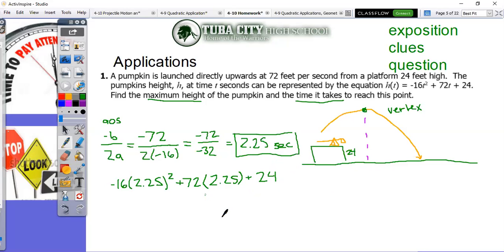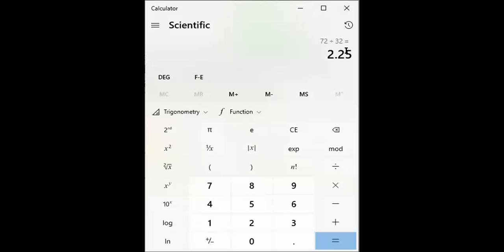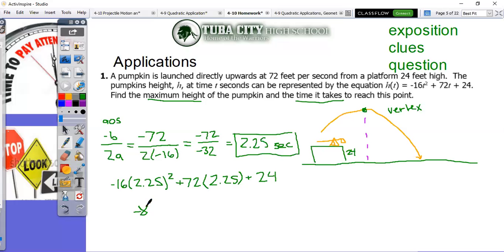All right, so I'm going to go ahead and go back to the calculator and let's punch a little bit of this in. So I have 2.25 squared. So I'm going to punch in the square button and we get a number slightly higher than 5. Now, looking at the formula, we're also going to have to multiply it by negative 16. But again, my calculator is not the best. So I'm going to have to multiply it by positive 16 and then remember that it's going to be a negative result. So in this case here, it looks like we get 81. So negative 81